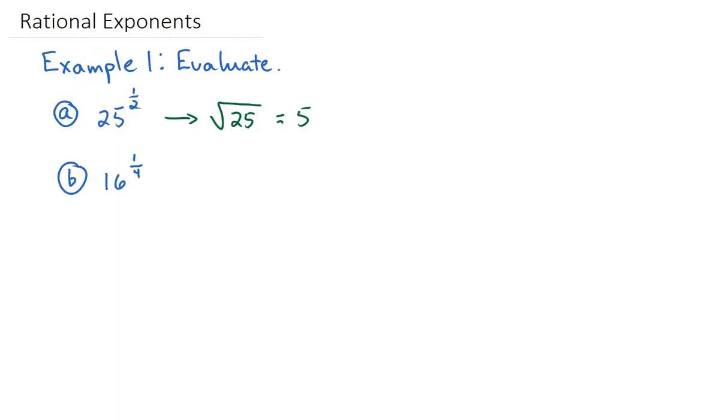So let's say we have 16 to the 1/4 power. For me, the easiest way to process this is to recognize it as the 4th root of 16. Now, if it were a square root of 16, it would be a 4, but I've been tricked by that before, so I remember that the 4th root of 16 is 2. If you need to work through the process on that to convince yourself, you're welcome to do so. But that's the idea. Just take the fractional exponent, relate it to the radical that it corresponds to, and then